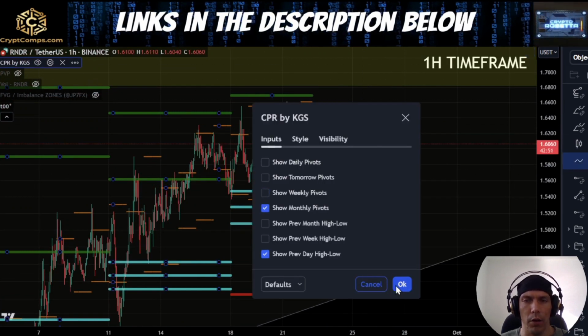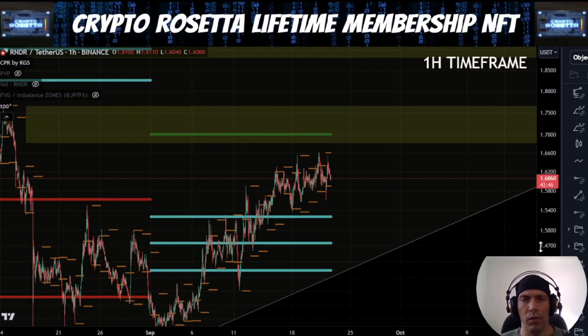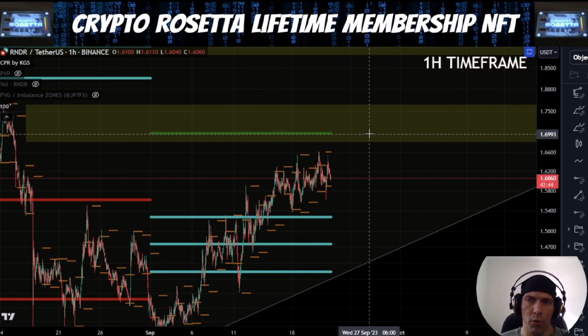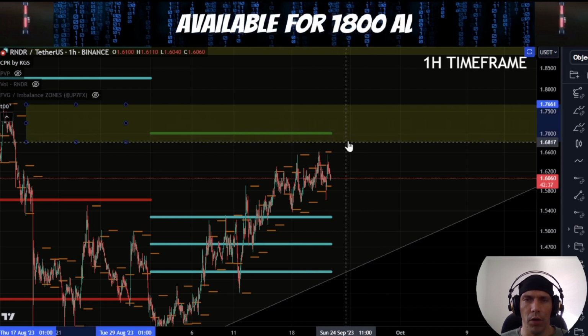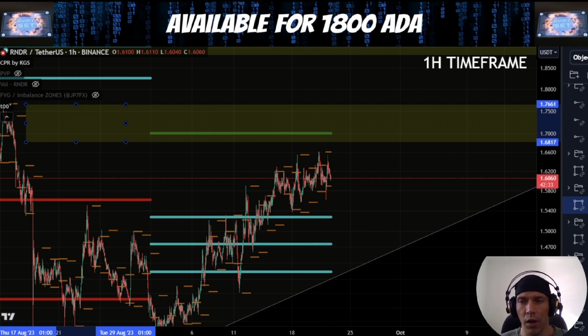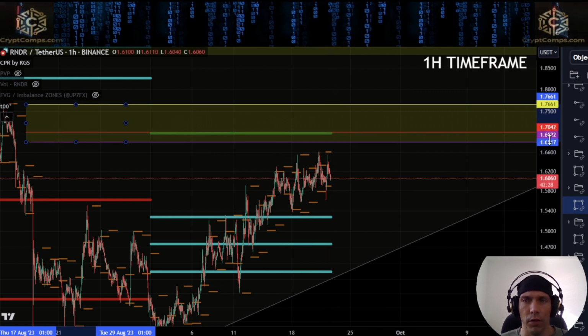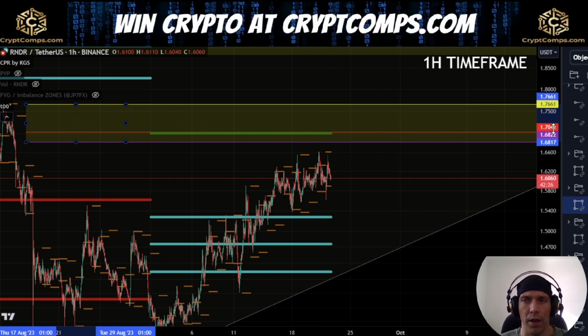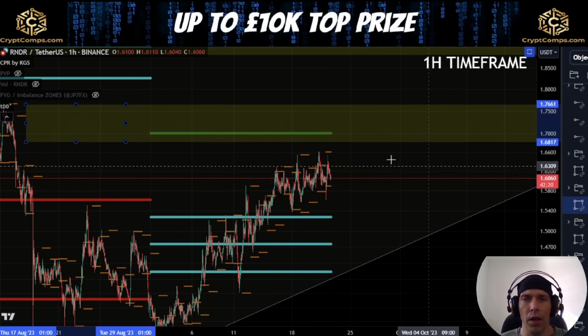Now moving over and having a look at the monthly pivots here, we can see that we are still above our central lines here. So once again, if we do move to the upside here, we could potentially see an interaction with this higher level here of this 169, which would be bringing us into our target box, which is sitting here between this 168 and this 176. Within this zone, we do have a monthly negative point of control sitting at this 168 and a daily one sitting at this 170, which would align quite nicely with that line. So we're going to be keeping an eye on those levels if we do see price looking to push up